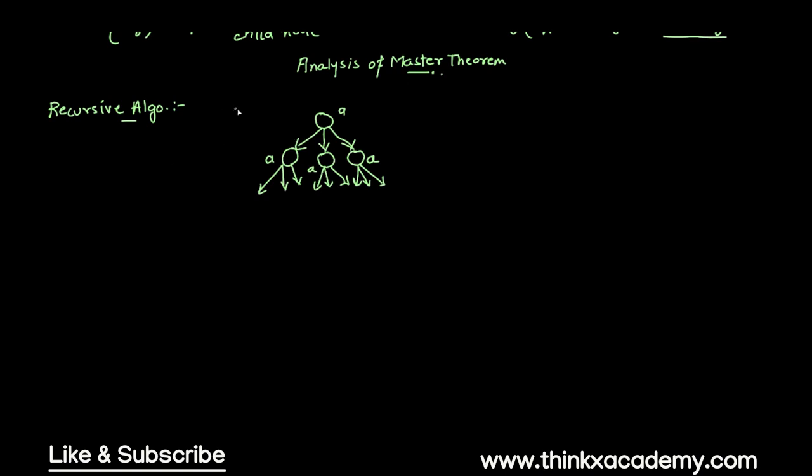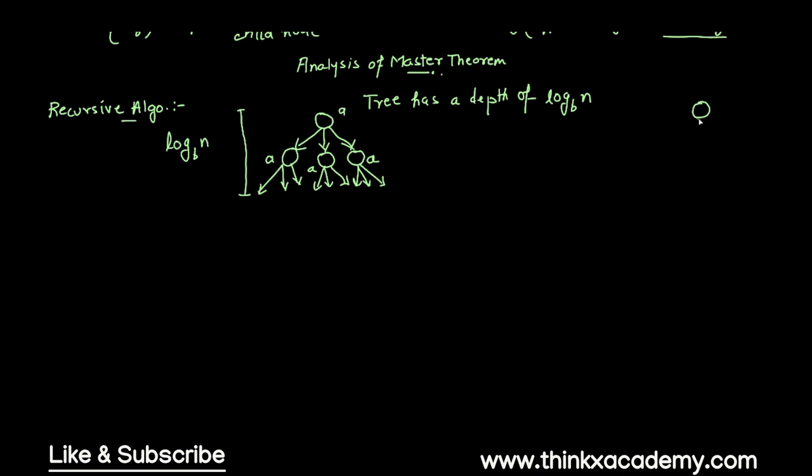So what we are going to see here is that the depth of this whole binary, it's not a binary tree, so I should say that it is a tree, and the tree has a depth of log base b of n. So we know that after every step it is dividing the whole problem into some certain number of subproblems, and let's say that it divides it into b subproblems. So this will give me the depth as log base b of n, because you can see that, let's suppose we have a